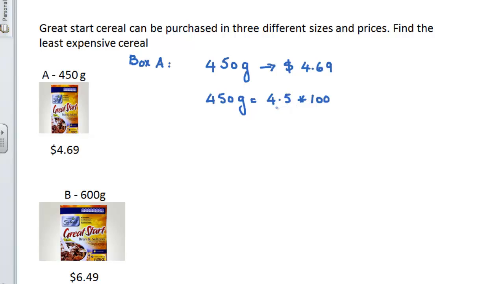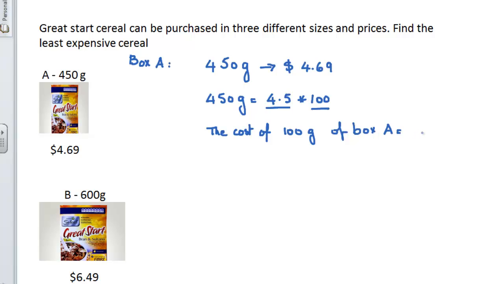So when I break 450 into 4.5 times 100, that means if I want to get the cost of 100 gram of box A, for sure, because this is my case,